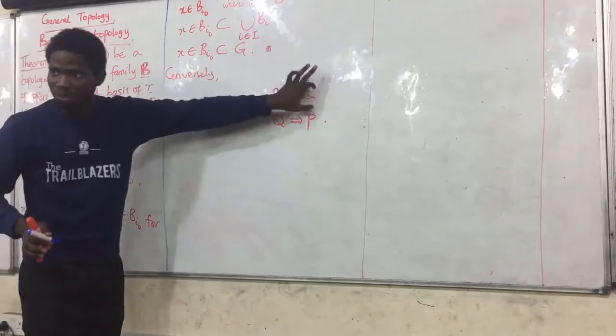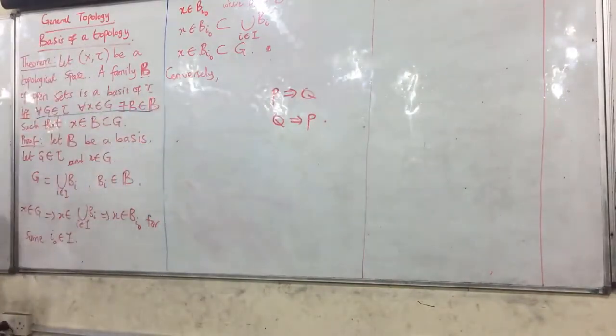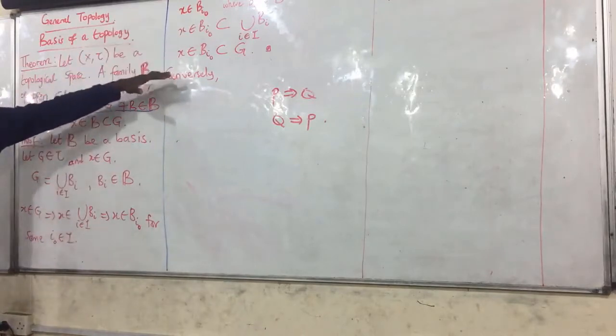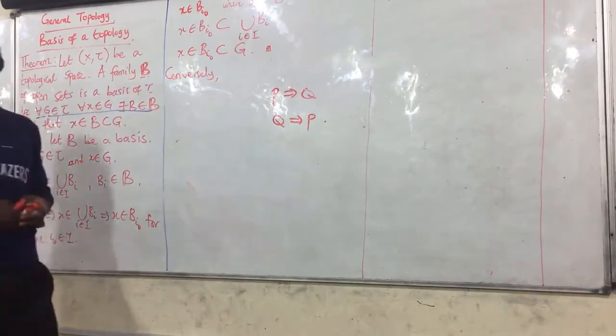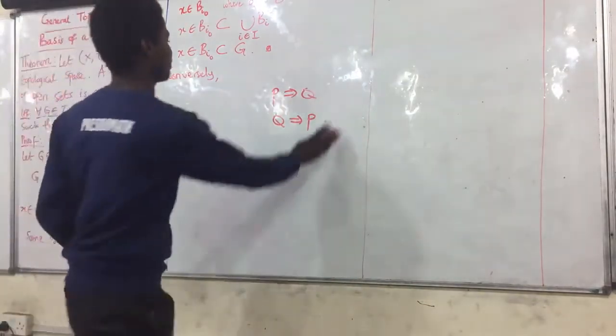I want to prove Q. We've moved from P to Q. Does it mean we will start reversing? No. You will take what you have here and look at it when I'm done. Do you get that now? Conversely,